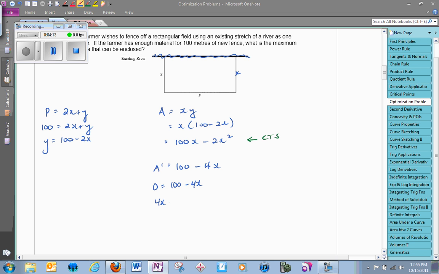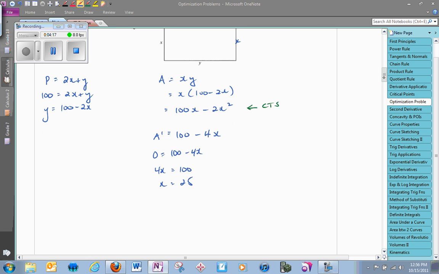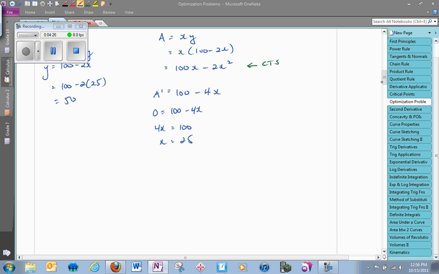I get 4x is equal to 100. Therefore, x is 25. If x is 25, y is 100 minus 2 times 25, so y is 50. It asks for the maximum area, so therefore, the dimensions are 25 meters by 50 meters, making the maximum area